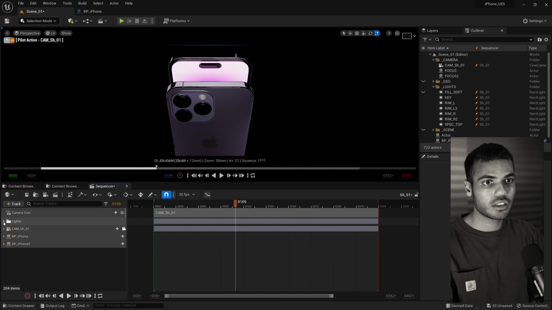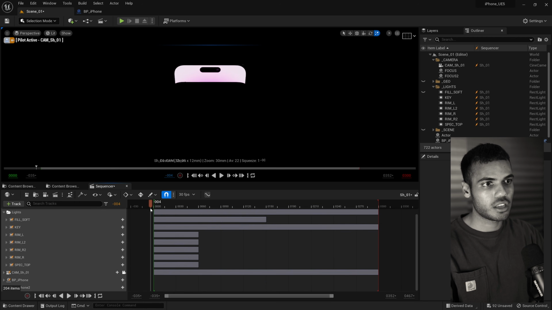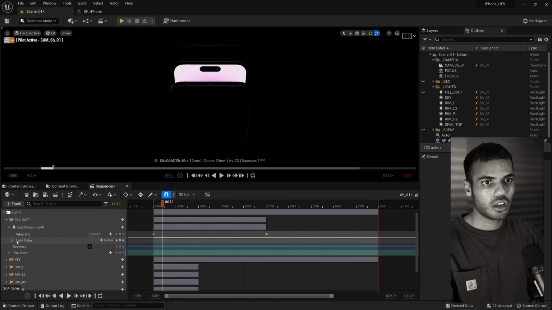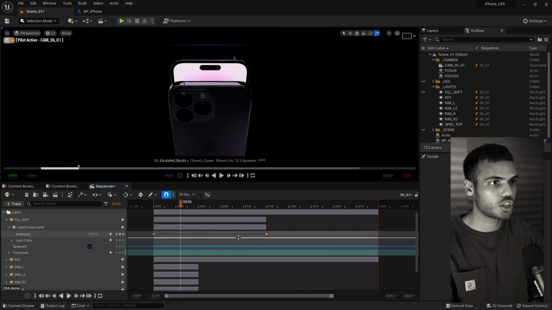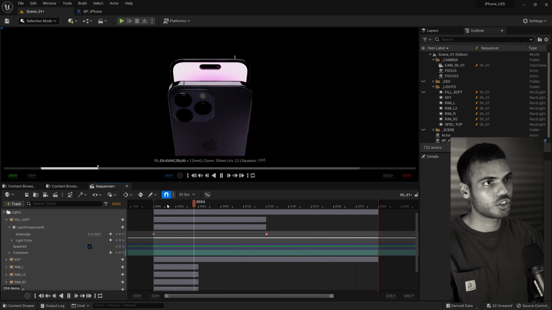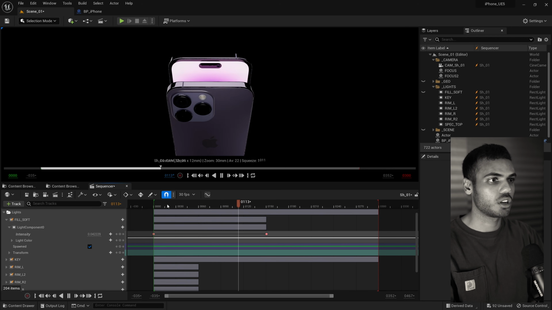The next thing I did in this scene was just animate the intensity of my light. So once you drag your light in, you can add a keyframe for the intensity. So just however you like it, position it where you want, as well as where your keyframes are and how slow you want them. So really it's just trial and error and then seeing what you like.